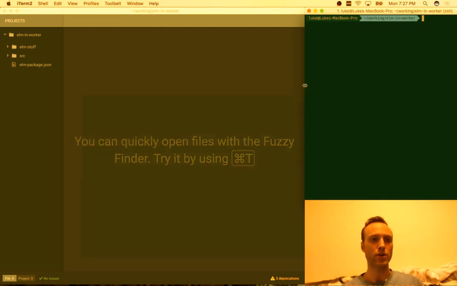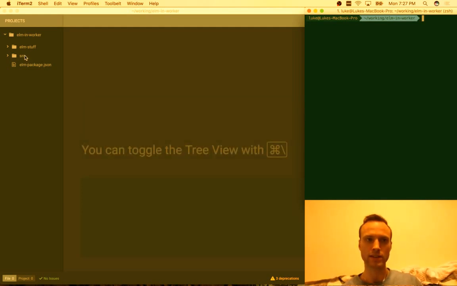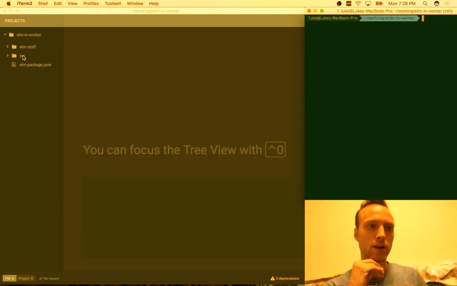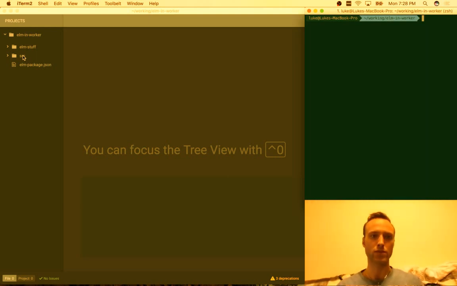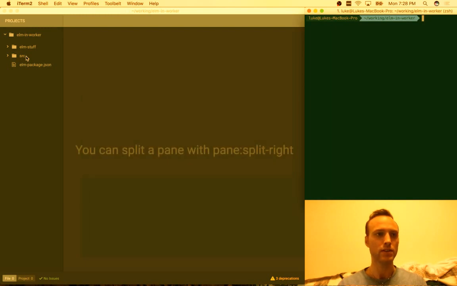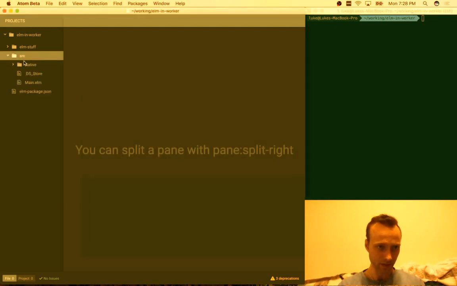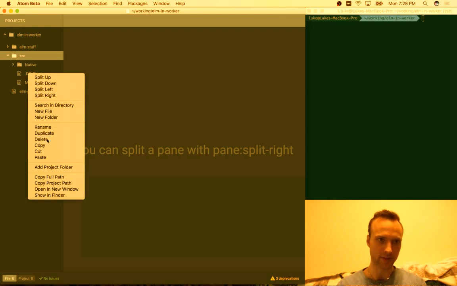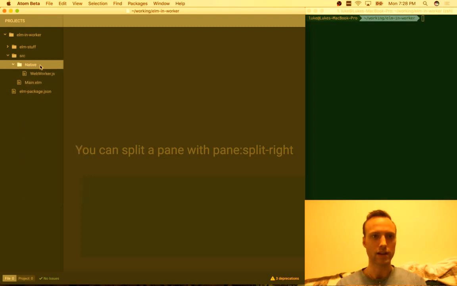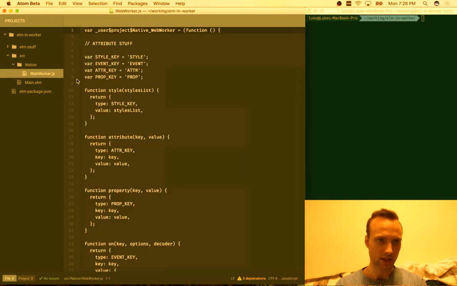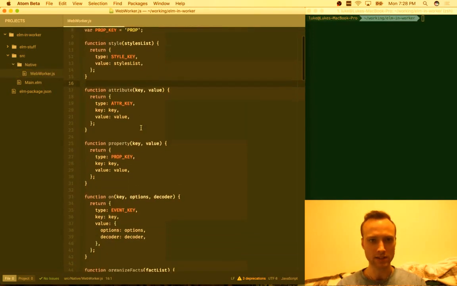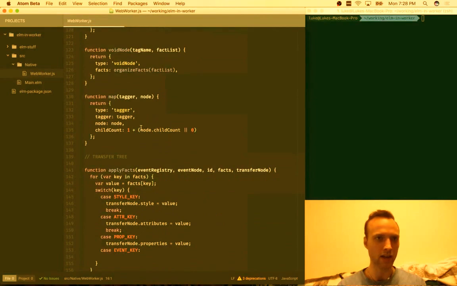What I want to know is, can we mess with the virtual DOM program function and get it to run stuff in a web worker, so that we're doing updates to our model in a web worker, and then just sending over new models to run in the view on the main thread. So I need to do a little bit of a refresh for myself from last time. All the stuff that we do is going to be in here. So this is largely just a kind of